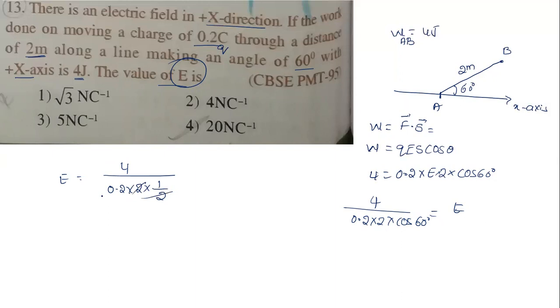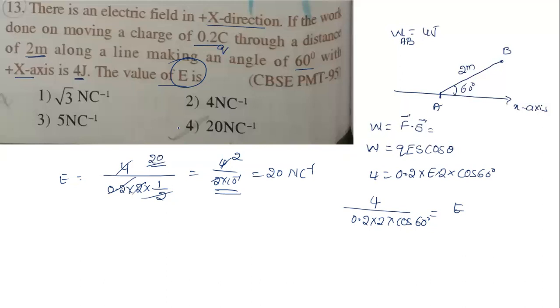This 2 is going to cancel. So here this is 0.2, right? We're going to find this answer now. How much are you going to get? Make it as 2 into 10 power minus 1. So it is going to cancel 2 times. It will become 20 Newton per coulomb. This step is not required, I made it to help you understand. Directly you can cancel from here to here only. It will be 20.